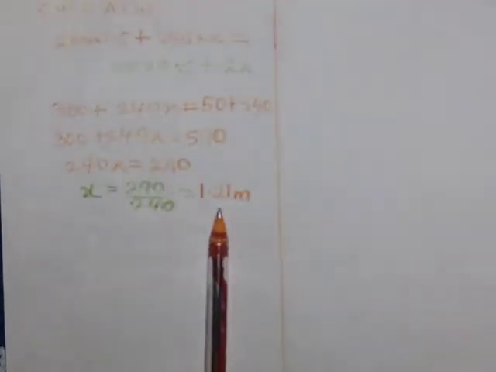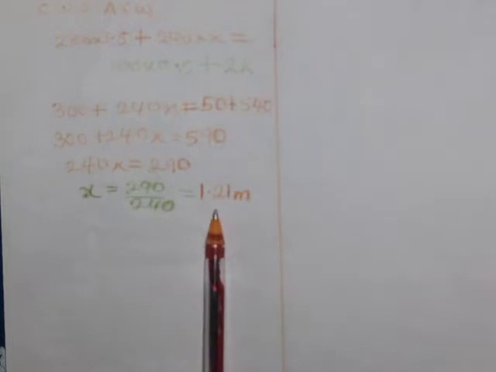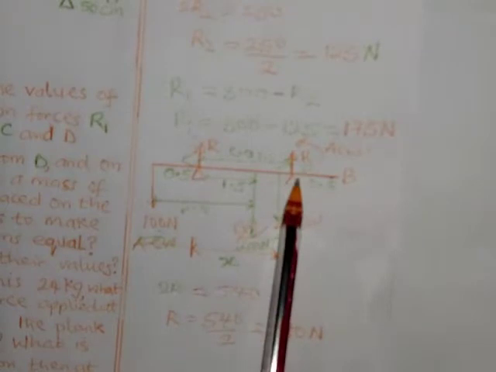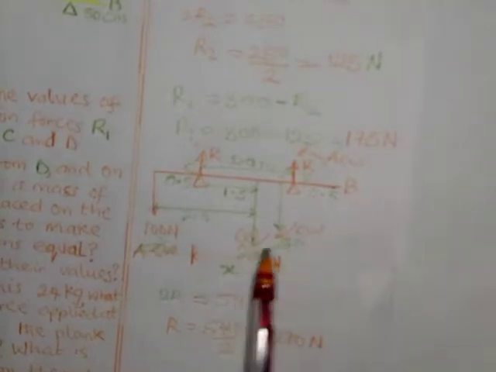So I replace that with this here, then doing the mathematics. So my distance is 1.21 meters. So what that means is that this x is actually 1.21 meters from C, but we are asked to look for the distance of this force here from D. Now look at this, the length from here to here, that's between C and D, is 2.0, and if the length between C and the 240 Newton is x, which is 1.21, then the distance between this and this should be 2 minus